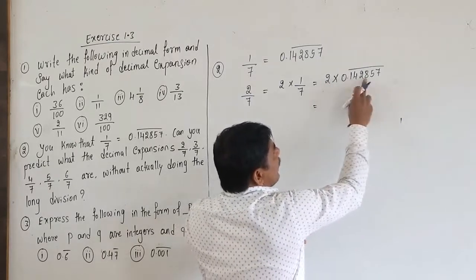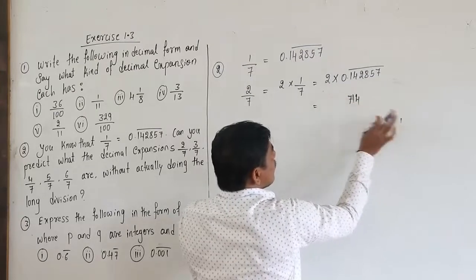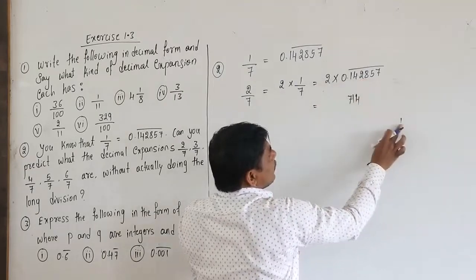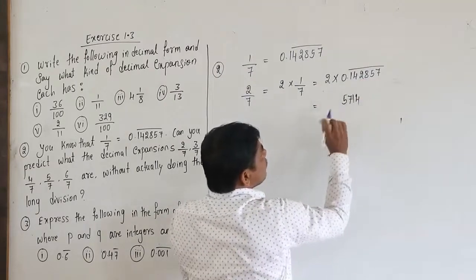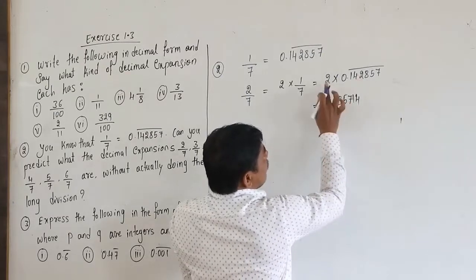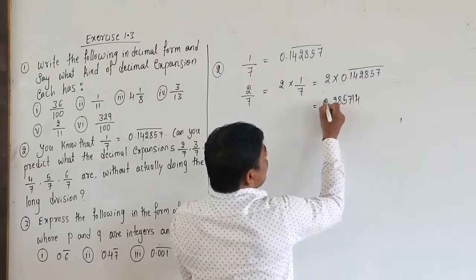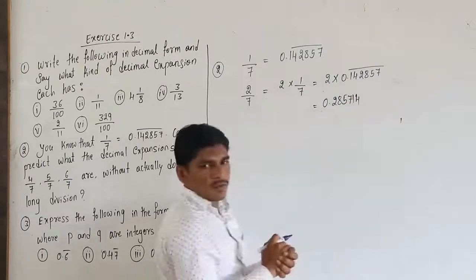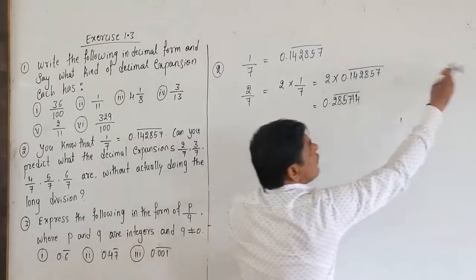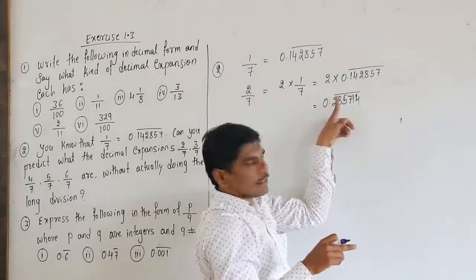Then 2 8s are 16, 16 plus 1, 17, again you take a carry. Then 2 2s are 4, 4 plus 1 is equal to 5, and 2 into 4, 8, and 2 into 1, 2. Now this decimal point is as it is, you write it, again you take a bar. Why? Because the next numbers are also the same digits that are formed, that's why directly you write